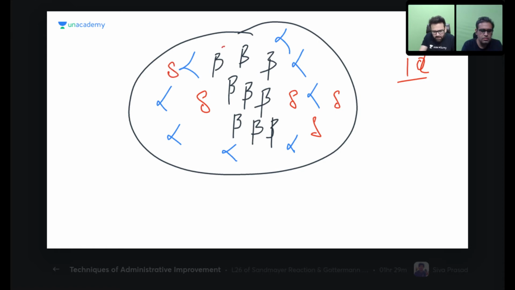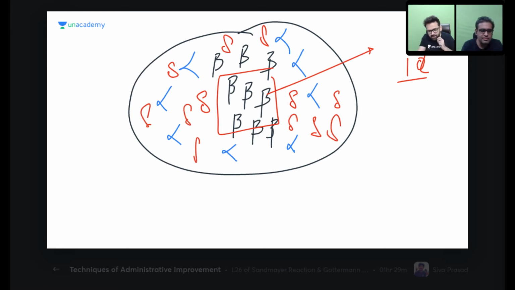Once in Bangalore, I was taking class, and one of the students gave me a very important mnemonic. I don't know from where he got it. He said B is for beautiful lady, and they are in the center. Alpha are alpha males, and they are in the periphery of this lady. And delta are like dogs, they can be anywhere, they are mixed. His name was also Nitesh. This is important: beta are in the center, alpha in the periphery.